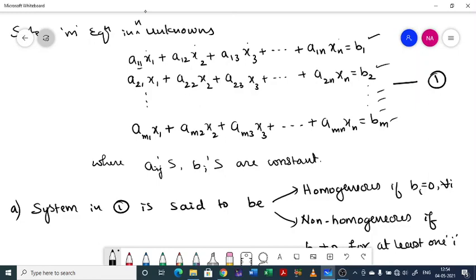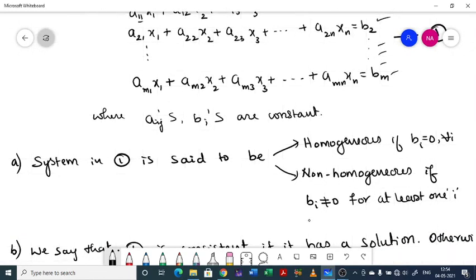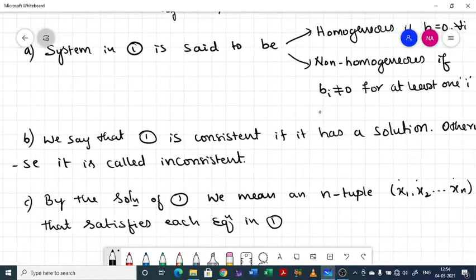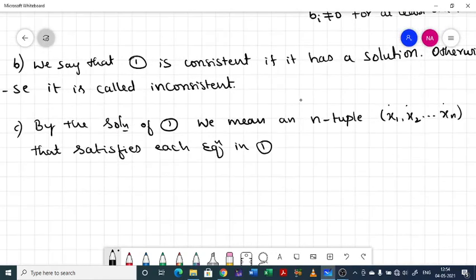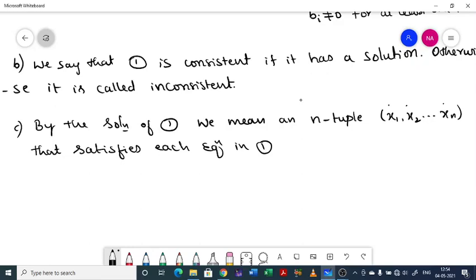Okay, so solution idre consistent. So that's about homogeneous and non-homogeneous type, then consistent and inconsistent, then solution of the equation. If that set of values satisfies all the equations, then we call that a solution of that system. Satisfying one equation does not make it a solution of the system; for the system, it must satisfy every equation in that system.